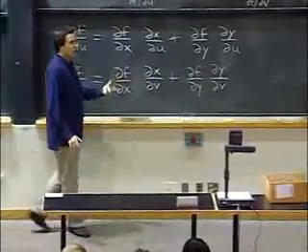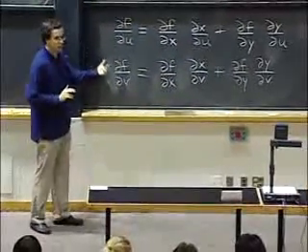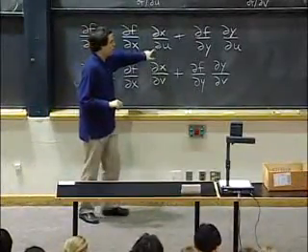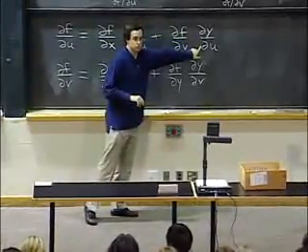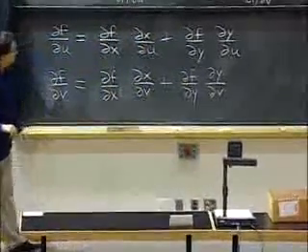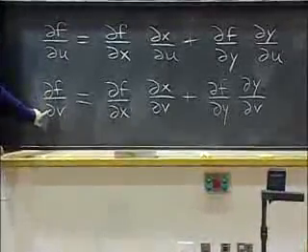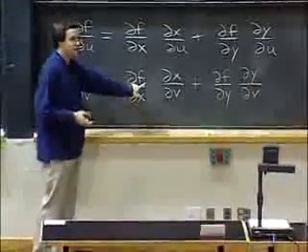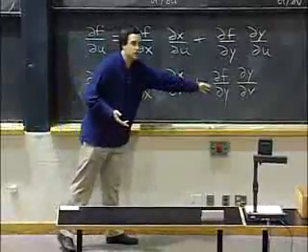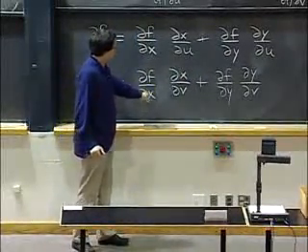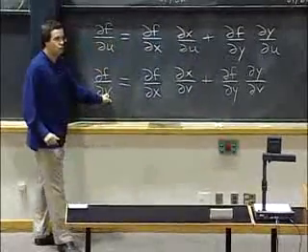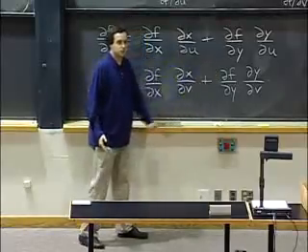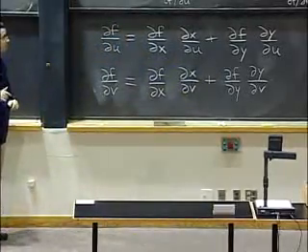Now, x and y, why are they here? Well, they're here because they actually depend on u as well. How does x depend on u? Well, the answer is partial x partial u. How does y depend on u? The answer is partial y partial u. So see, the structure of these formulas is simple. To find the partial of f with respect to some new variable, you use the partials with respect to the variables that f was initially defined in terms of, x and y, and you multiply them by the partials of x and y in terms of the new variable that you want to look at, v here, and you sum these things together. Okay, so that's the structure of a formula.